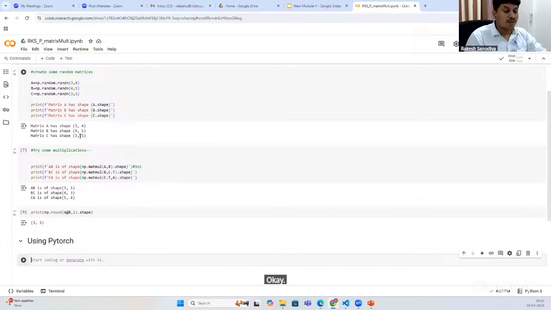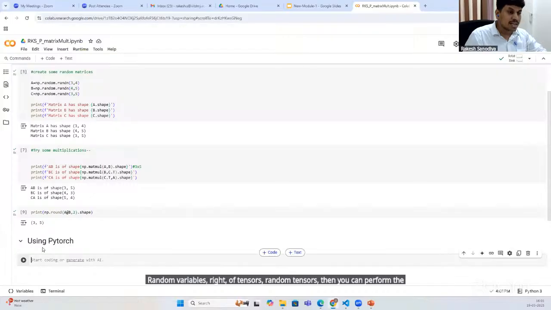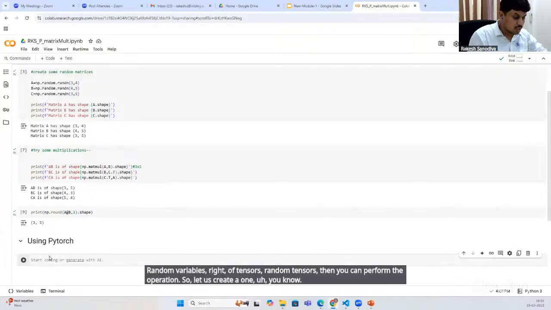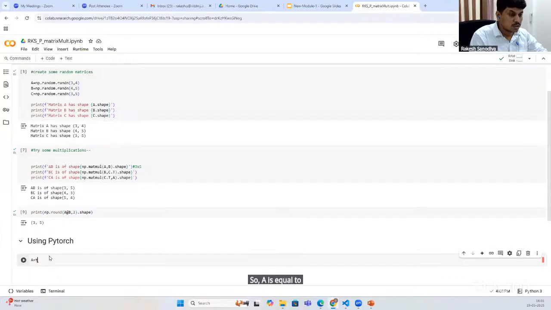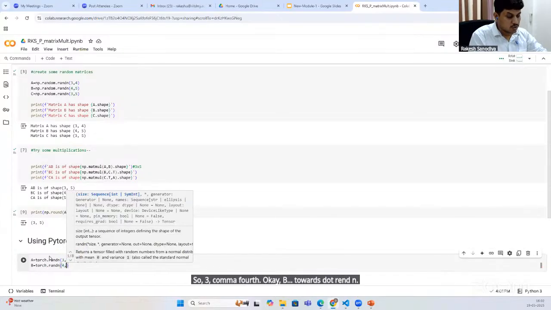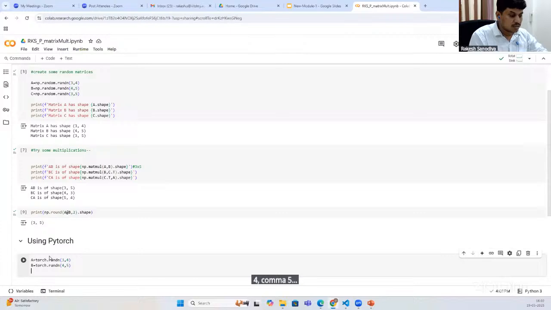Okay, so first what you will have to do, the same way, you have to create some random tensors, then you can perform the operation. So let us create one. A is equal to torch.randn(3, 4). B is torch.randn(4, 5). Okay, C is equal to